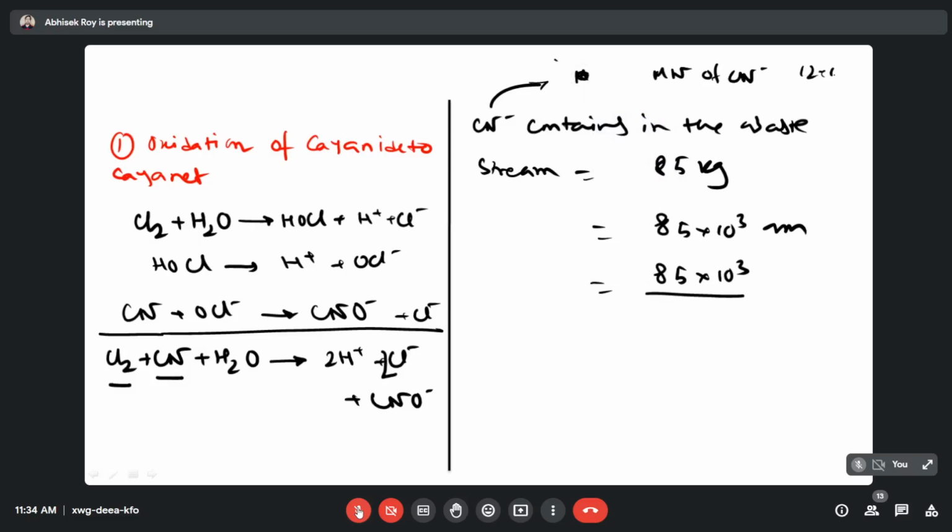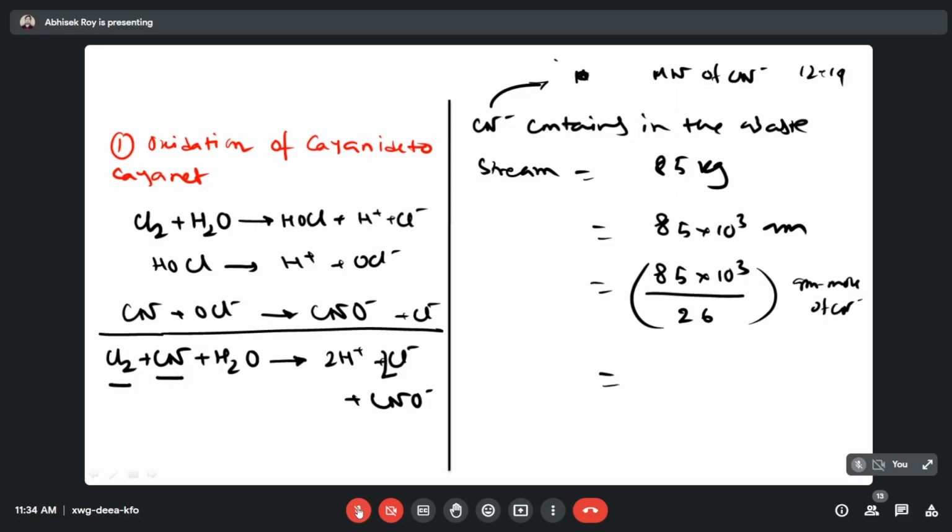It is 12 plus 14, so 26. So divide it by 26. So that much gram mole of CN. So calculate, কত গ্রাম মোল আসছে ক্যালকুলেট করো।